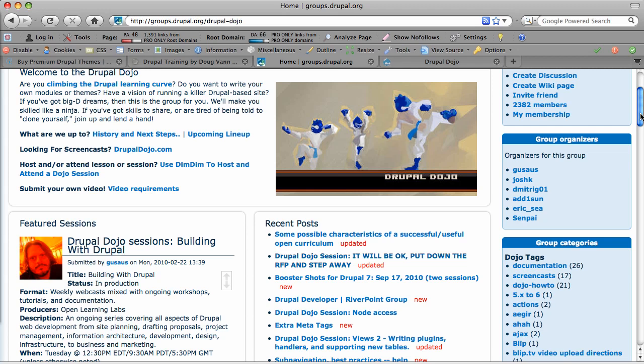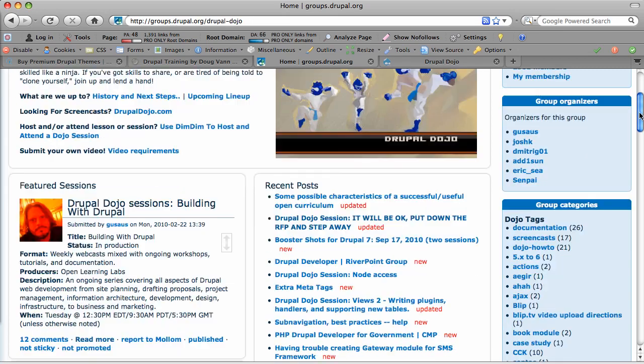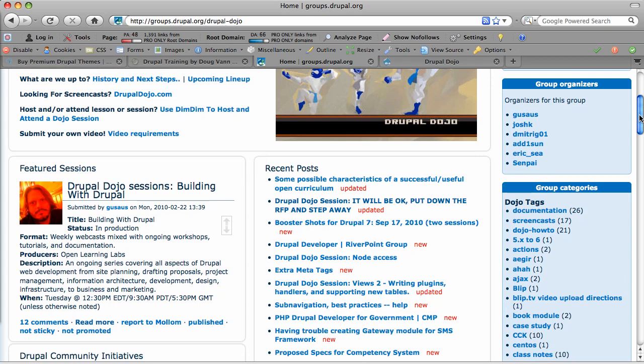They range from super detailed nuts and bolts all the way up to broader topics. And I'll just talk briefly about the one coming up here on August the 10th. I caught my buddy Adam Mordecai. He's from Denver. We hung out at the Denver, Colorado camp a month ago. I caught him in one of the Drupal chat rooms, and I was shaking him down to come do a Drupal Dojo session, and he decided that maybe it'd be a good idea to do this topic right here. And you can click this and take a look at it.